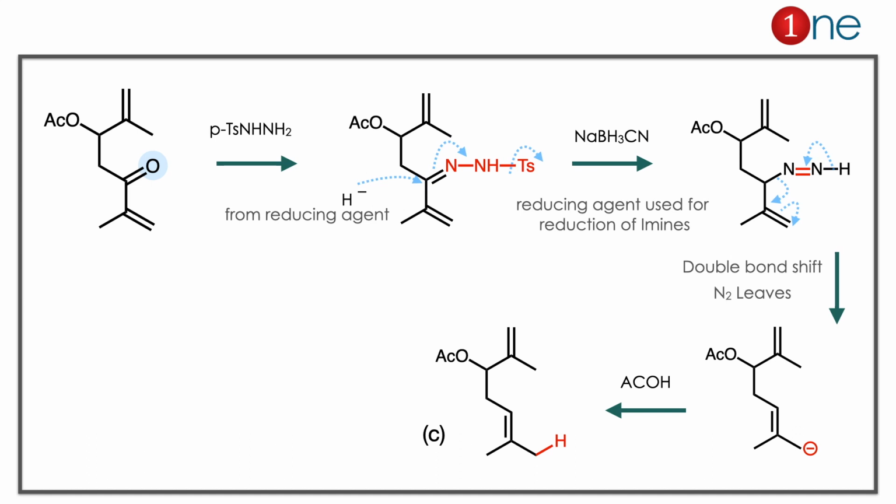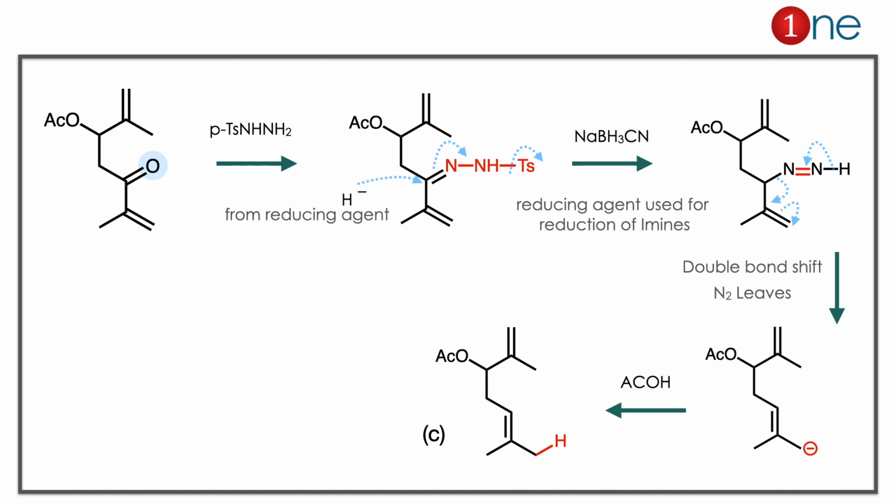It's a kind of Shapiro reaction but with a little modification. Again N2 is a good leaving group, and you have the possibility of hydrogen elimination again. So you have a double bond shift, and you have N2 elimination. So you have the product with an anion. In the next step you are using acid, and you have the final product C, which is just a hydrogen substitution in the anion.